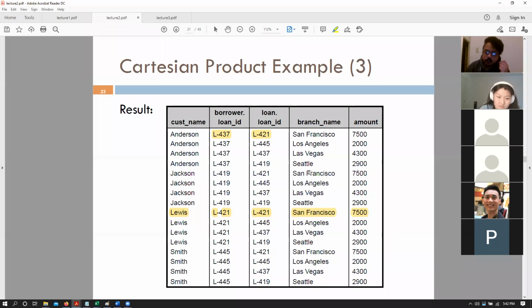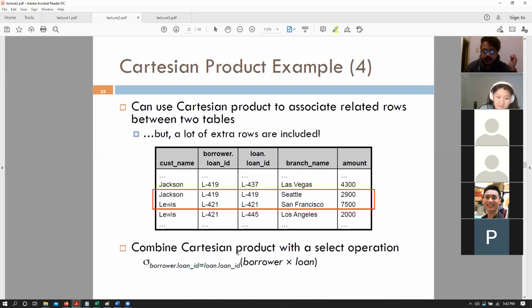So in this scenario, we would want to get a Cartesian product and then filter out all the relations that have a borrower.loan ID equals loan.loan ID, right? So in that scenario, we can say cross borrower with loan, so multiply borrower with loan. That gives me a bunch of data. And then we just select all of those rows where borrower.loan ID equals loan.loan ID. So that gets me the relevant, actually useful information from that particular product. Any questions so far?